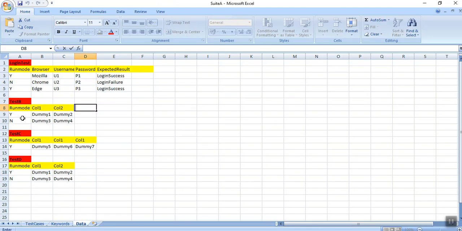Now we need to find how many rows are there. Then only I can put a row. I have the rows and columns, and after that I can start a for loop. So now I have to find the total number of rows of data.